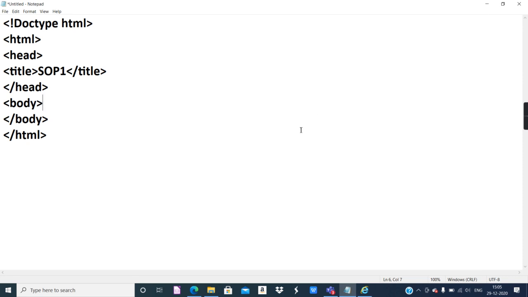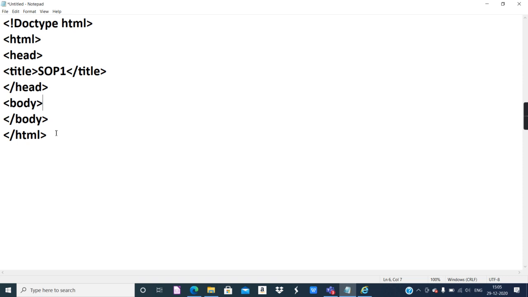So you don't have to install any extra things. But if you want to use other text editors, you can also use Notepad++, but you have to install that. You can also use the Visual Studio text editor, but that also you have to download. If you are using Notepad, you don't have to download anything, it's already available in your computer.